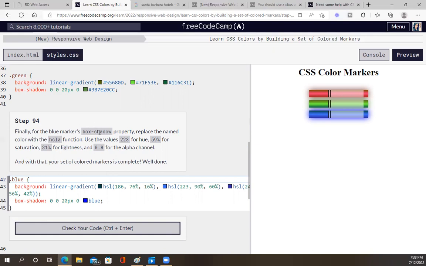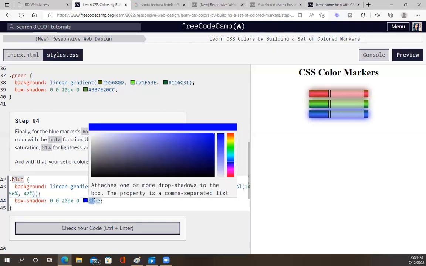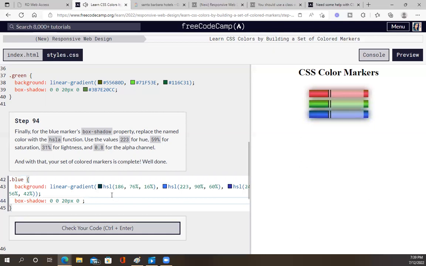Finally, for the blue marker's box shadow property, replace the named color with the HSLA function. Use the values 223 for hue, 59 for saturation, 31 for lightness, and 0.8 for the alpha channel. And with that, your set of color markers is complete. Well done. All right, so finally for your blue marker shadow, replace the named color, which is blue. We're going to get rid of this. They don't want us to have that, and they want us to replace it with the